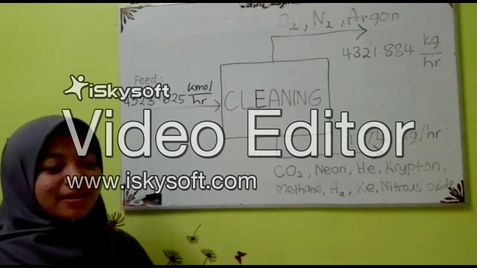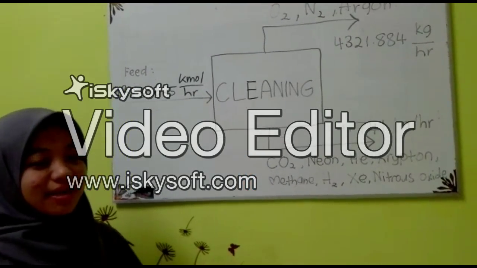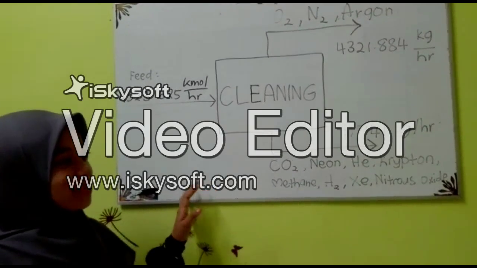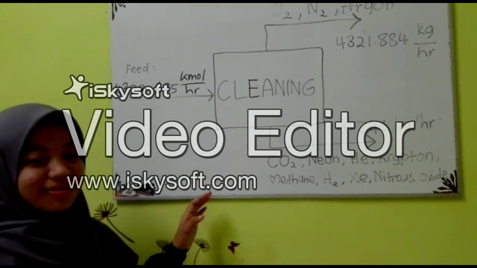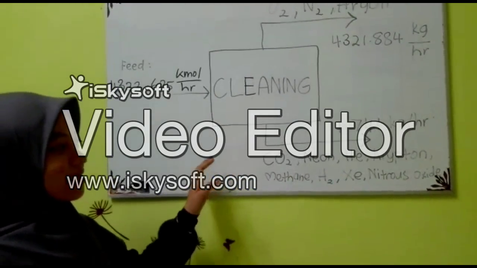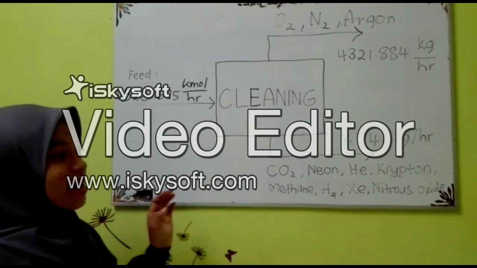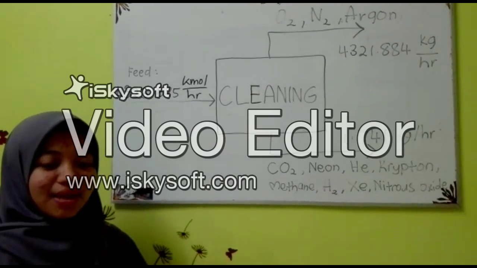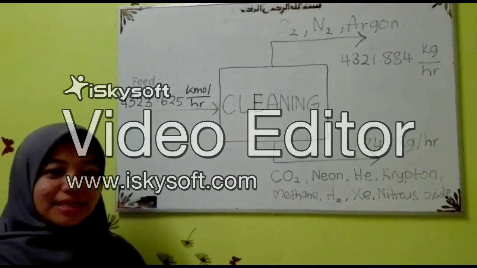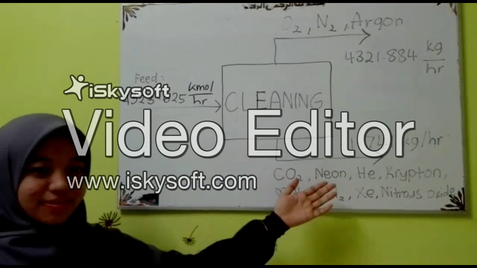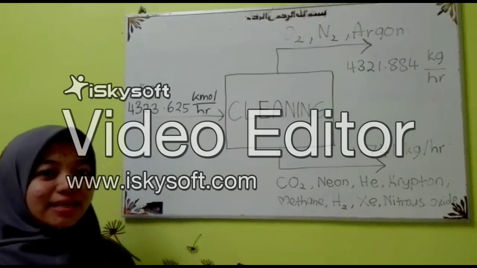Then the balance of impurities gas is 1.741 kg per hour. That is the gas carbon dioxide, neon, and others. So the total inlet is equal to the total outlet. Then the gas will be moved